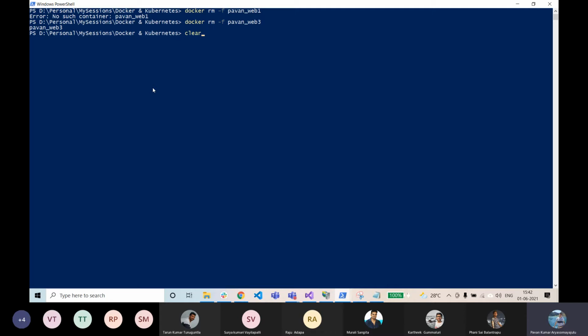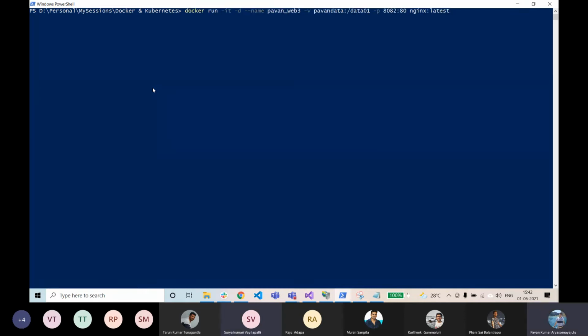Yeah. So any questions or any doubts? I do have a doubt. Here we have given the same container name, right? Pawan data. No, I gave, yeah, that is the volume name. Sorry, the volume name is the same. That's the reason the data is persisting, irrespective of the container? No, because I'm using the same volume, the data is actually persisting. If I create another volume, then the data doesn't actually persist.